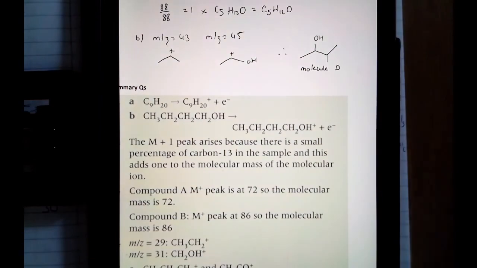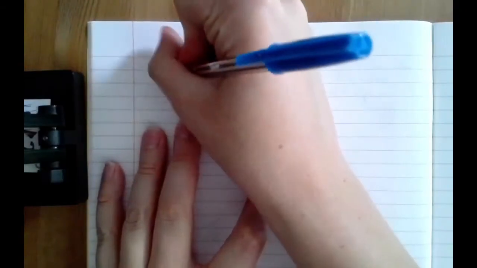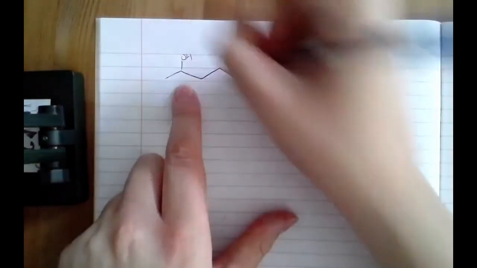So again, this one, it's just going to be a little bit of trial and error, okay? You need to use the information I've given you in the question. You know it's a secondary alcohol and you know that it's branched, okay? So actually, I'll do this on a piece of paper. We'll look at some possibilities, all right? If you know you've got 5 carbons,